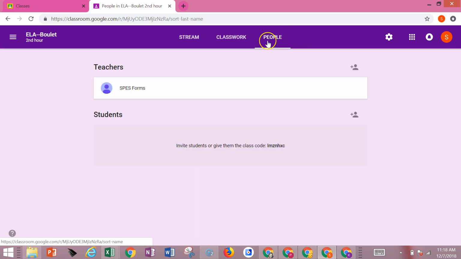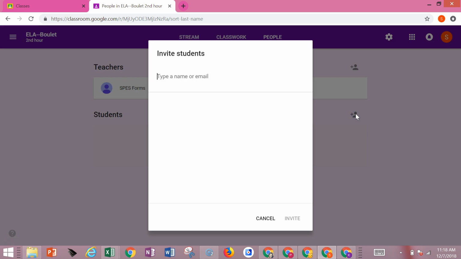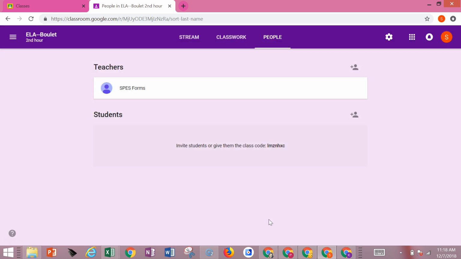So when you're ready to add students, go to People, and you have a choice. You can either hit the plus and type in the email, so I'll type in, and notice how it comes up, so I'm just going to click. So you can type all of those in. Let me cancel that. The other way that you could do it is to go to this gear icon,